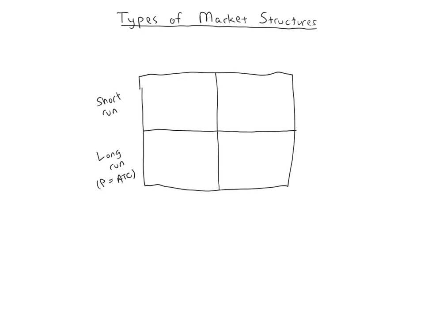The other dimension that we can compare firms along is whether they are price takers or price makers. And basically, price maker is just code word for this is some type of monopoly, and price taker is code for our purposes, this is some kind of perfect competition. So our price taker equation